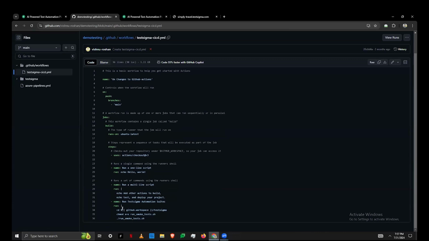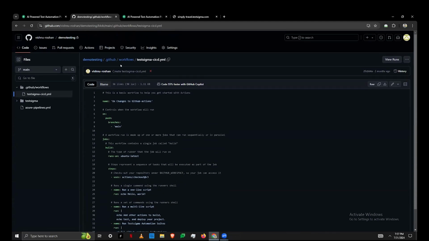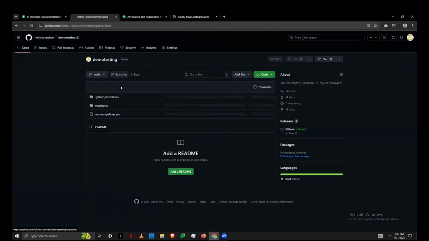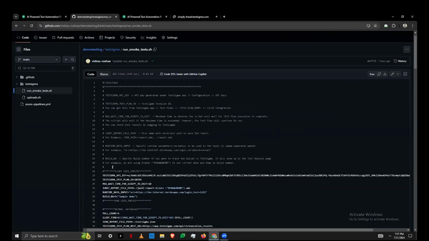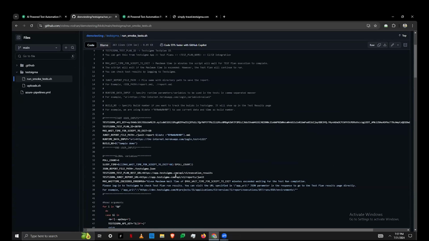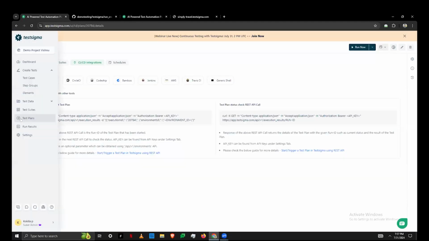This YAML file is calling a batch script, which will be used to execute the plan. Let me show you the batch script over here, which I've set up. This also is provided in the documentation. The only changes you need to make in the batch script are to provide the API key and the test plan ID. Let me show you how you can generate the API key and where you can find the test plan ID. If you go back to Testsigma and go to settings,